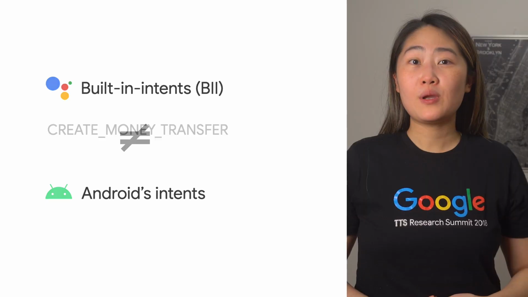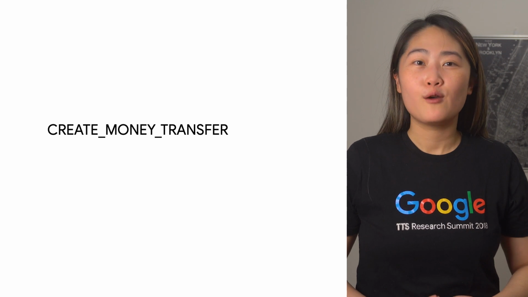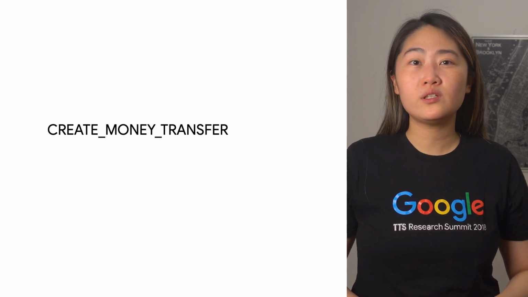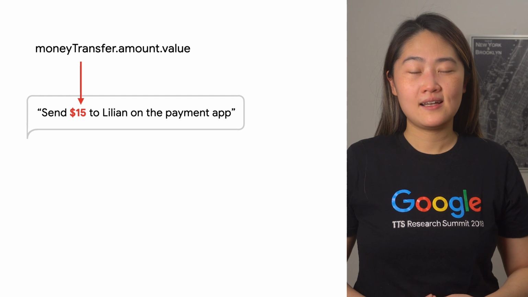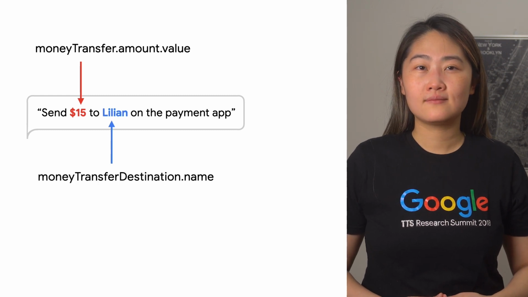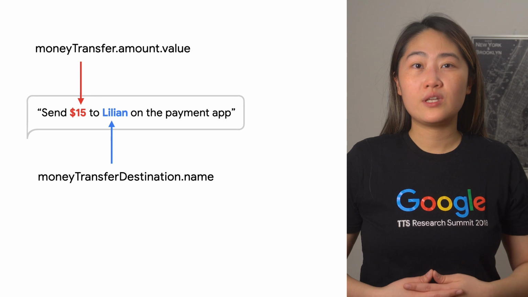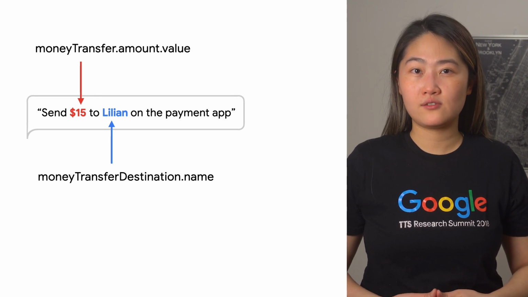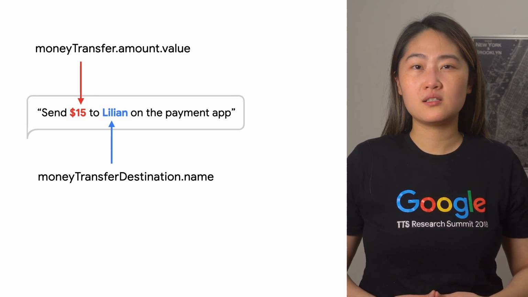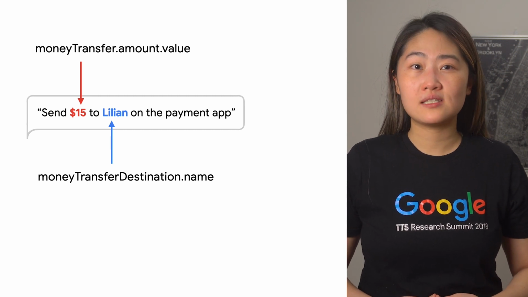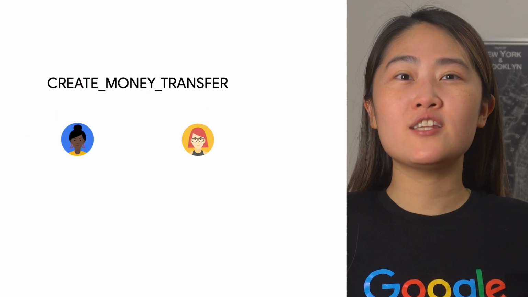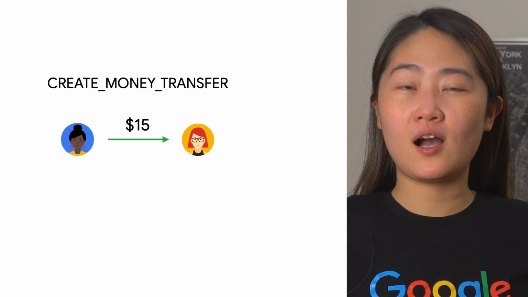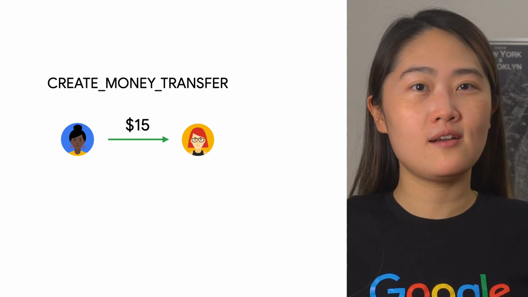it today. Going back to our payment app example, we use Create Money Transfer, which is one of the built-in intents available to finance apps. This BII allows Assistant to fulfill the query, "Send $15 to Lillian." In the process of fulfilling it, we capture the amount of money to transfer using the Money Transfer Amount Value parameter and the receiver's name using the Money Transfer Destination Name parameter. The Create Money Transfer BII can also be used for other queries such as requesting money or making a payment